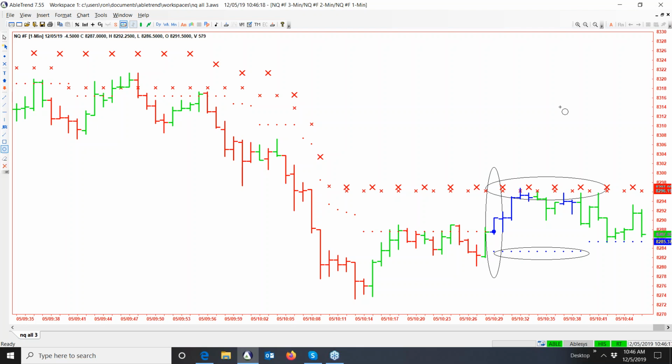The longer the time, like use a daily or a weekly chart or, say a 2-hour or 4-hour, your stop losses are going to be much further away. So there's more risk, but as far as the performance, just the same. It's just that there's a little more risk involved because your stop losses will be much further away on a 2-hour chart than it would be on a 1-minute chart.